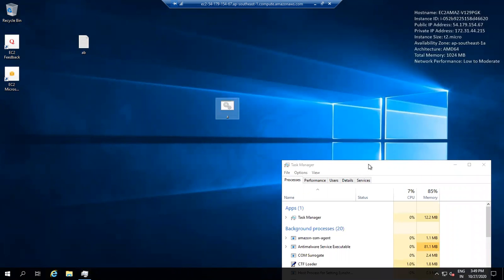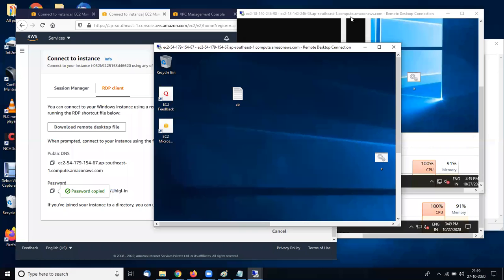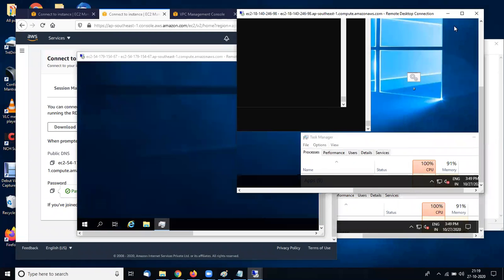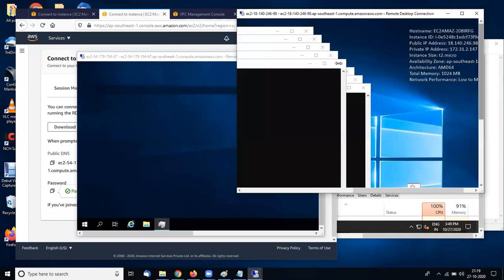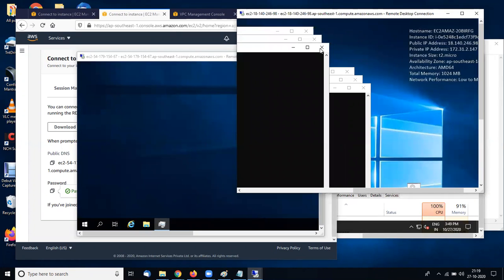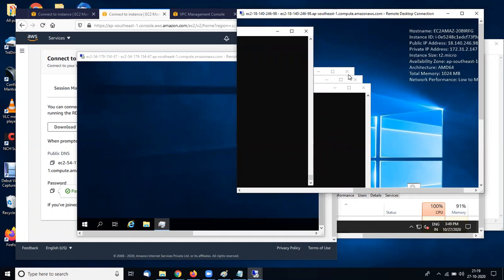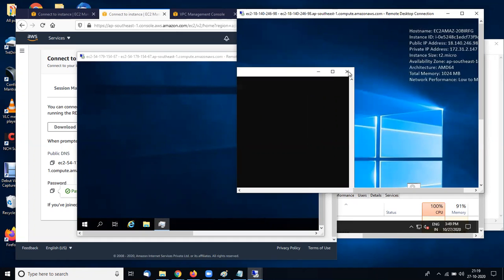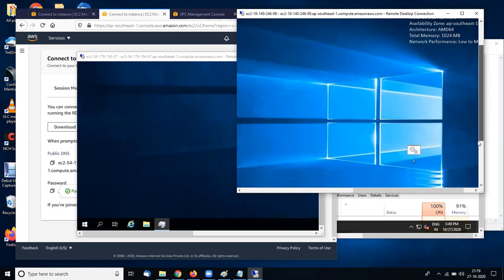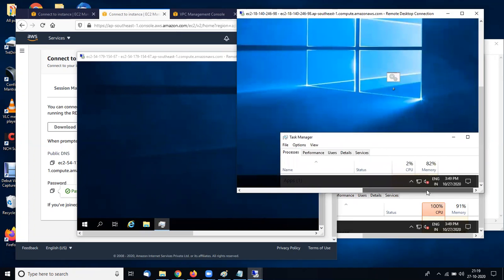And let's check. So if CPU utilization is in normal condition, I delete some processes from one machine. So I deleted some processes from one machine, so CPU utilization will be in normal condition right now.